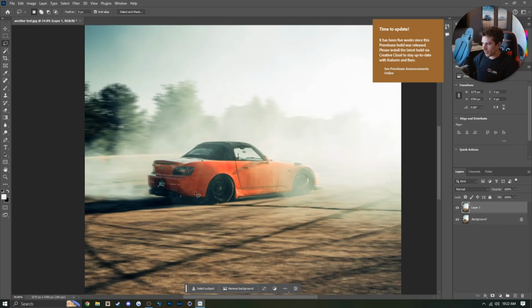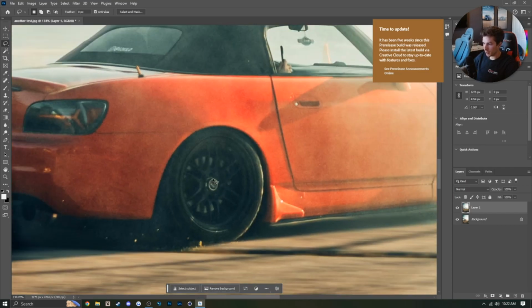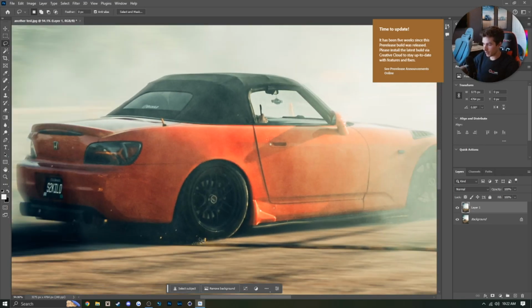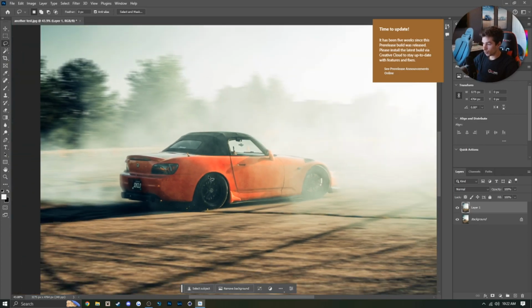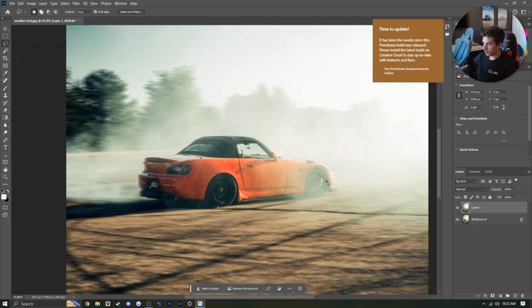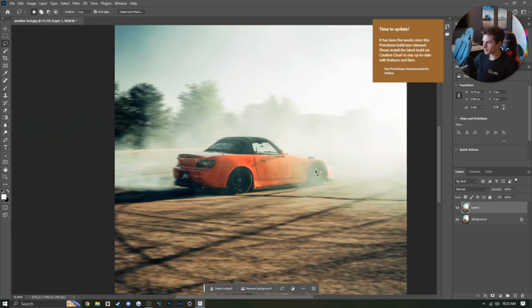So next thing that we're going to need to do is apply some spin to the tire or the wheel, because we don't want the wheel to be looking like it's not moving when clearly it is spinning. I mean, you can see the dirt and rocks flying out from behind it. You can see the tire smoke as well. So we want to add some motion to this wheel as well as the front too, because you can see it's just there. And so what we're going to do for that is we're going to select our main background